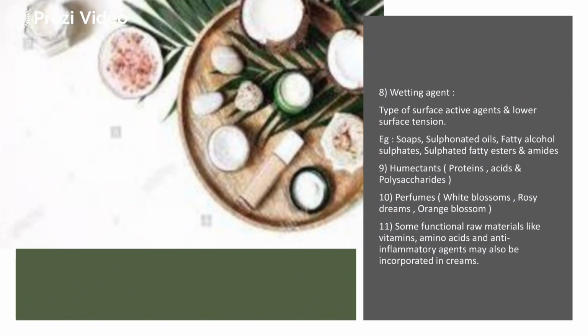Another substance used in the formulation of cream is the wetting agent. Wetting agents are substances added to lower the surface tension of the final cream. It is a type of surface active agent which decreases the surface tension. Commonly used substances are soaps or sulfonated oils, fatty alcohol sulfates, sulfated esters and